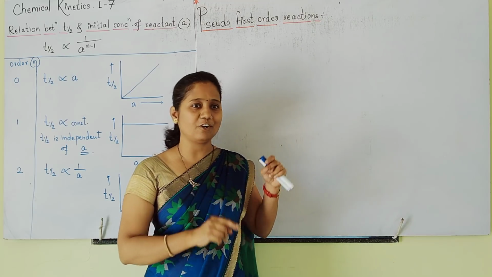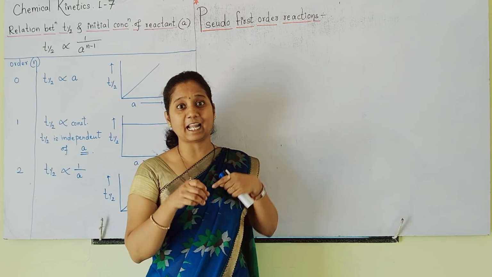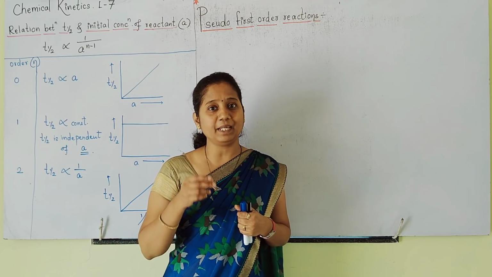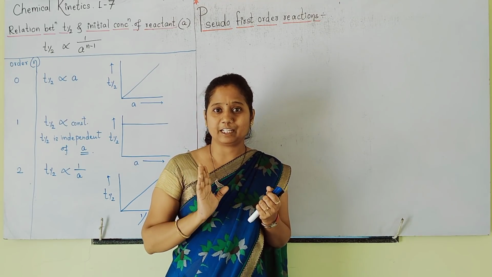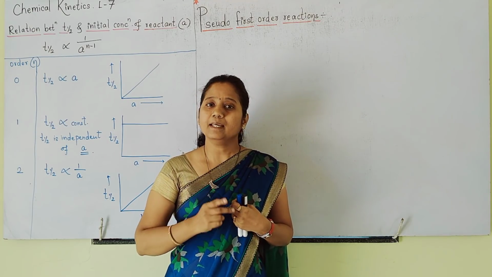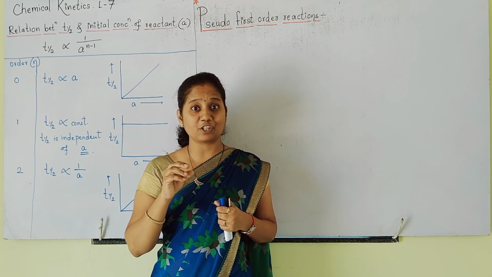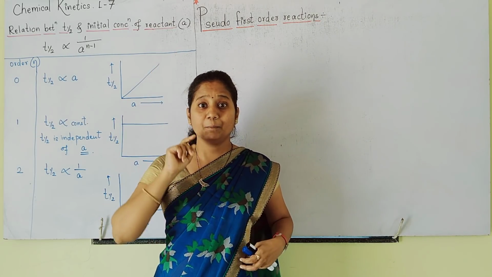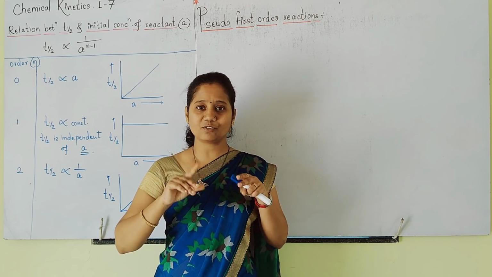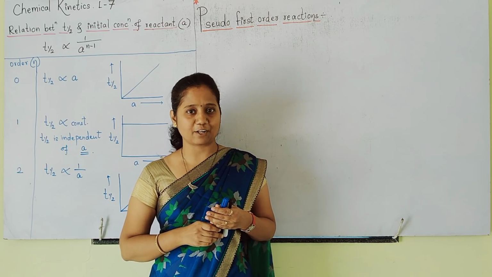That type of reactions are called pseudo first order reactions. Actually these are first order only, but their appearance will be higher order, or their molecularity will be 2. Bimolecular reactions: reactant looks like 2, but order will be 1. Such reactions appear to be of higher order, but actually follow first order kinetics. Follows first order, but the appearance will be wrong, so they are called pseudo first order reactions.